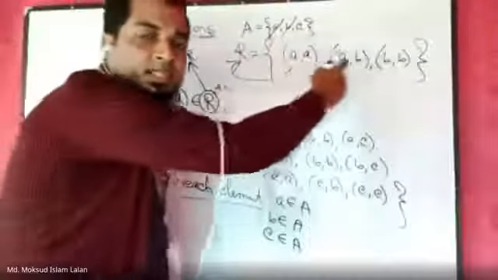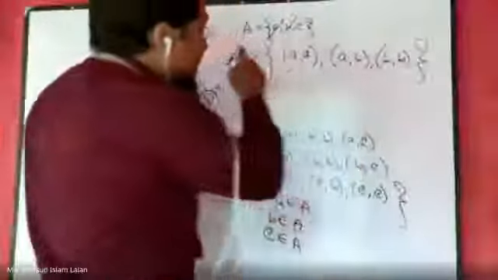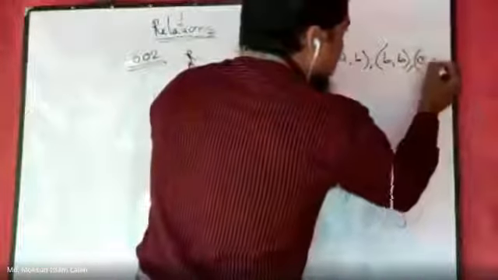What about (c, c)? Does (c, c) belong here? No, sir. So does it satisfy the reflexive definition? No. So if this R is something like this, with (c, c) also,